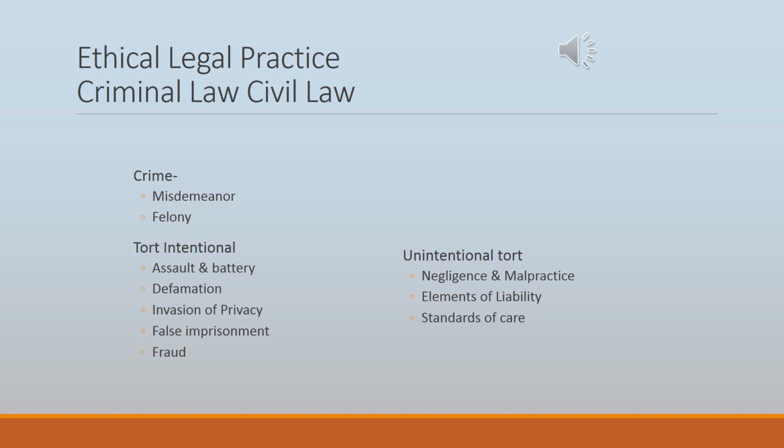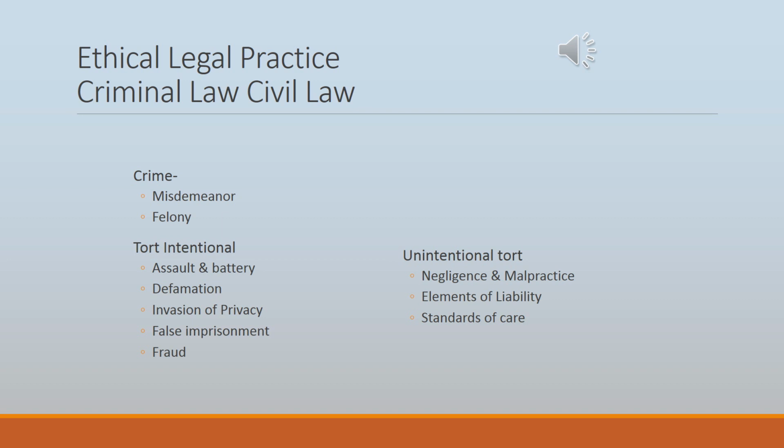False imprisonment is unjustified retention or prevention of the movement of another person without proper consent and can constitute false imprisonment. For example, only a reasonable amount of restraint should be used in circumstances that warrant it. Fraud is willful and purposeful misrepresentation that could cause or has caused loss or harm to a person or property.